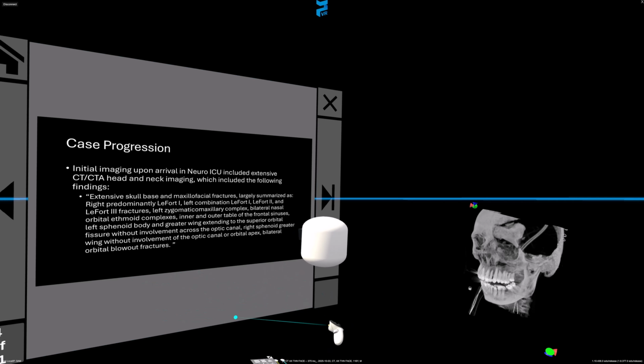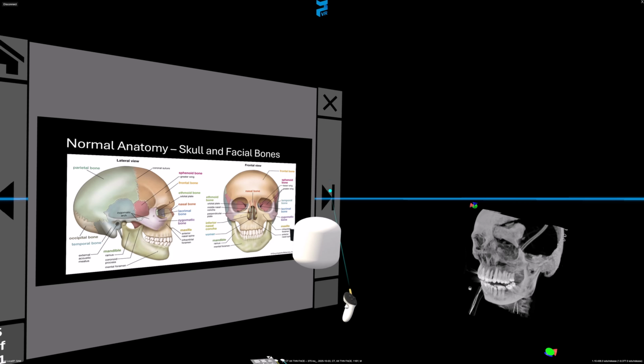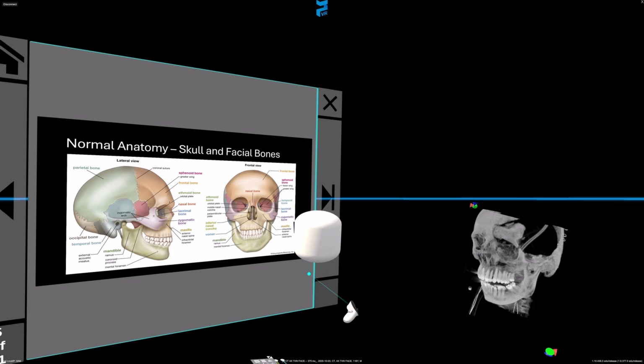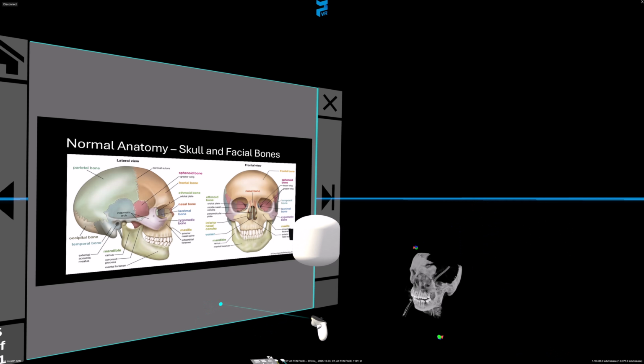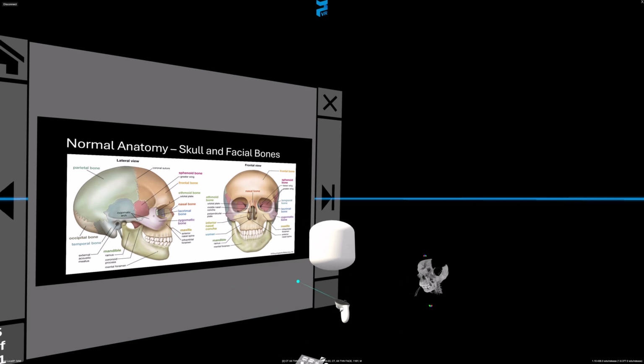All of that to say, this patient presented with incredibly complex fractures throughout the face and cranium, leading to the patient's very complex and severe presentation. Before we go into the imaging and scans, I did want to touch a little bit first on the normal anatomy of the skull and facial bones, as this patient's fractures are quite extensive, and I want to go over what looks normal first. So bringing this in,